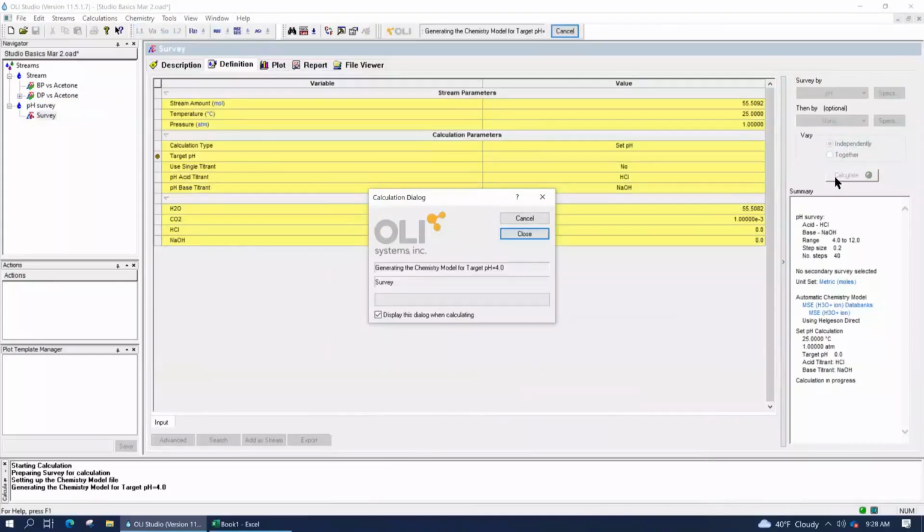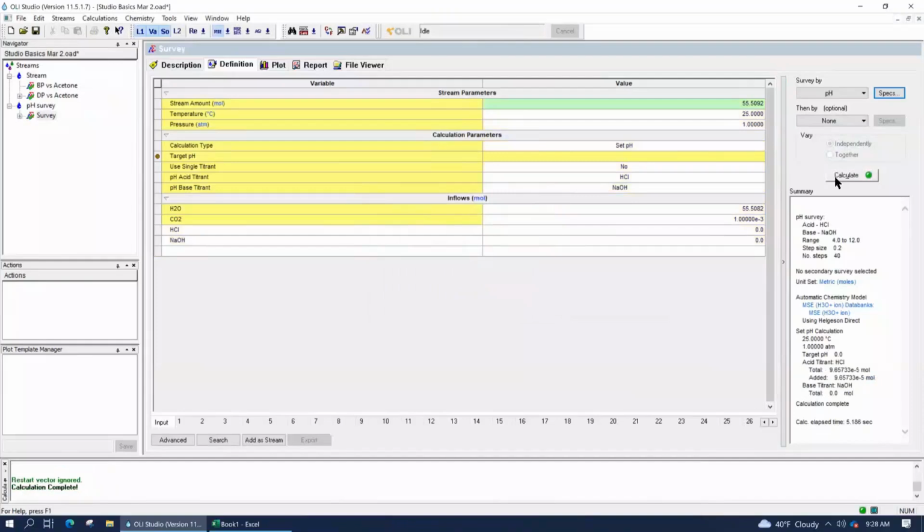Now, the purpose of this example is twofold. One, to, again, show you the chemistry of weak acids, so you get a general understanding of how things behave in water, compared to strong acids. And secondly, we're going to start using the plot variables to learn how to find things in the plot variable list. Okay, calculation is done. Took 5 seconds on my computer. I'm going to go to the plot now.